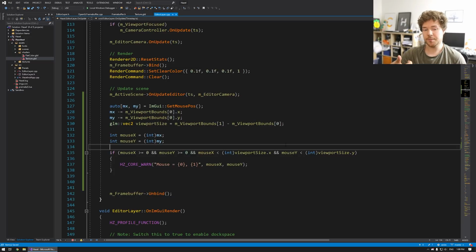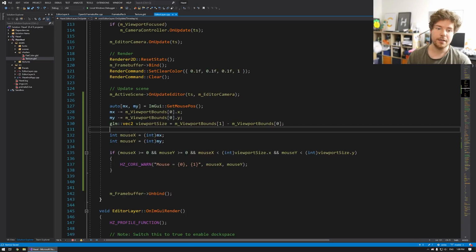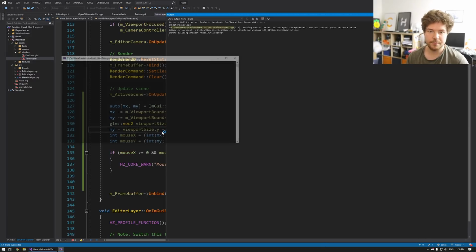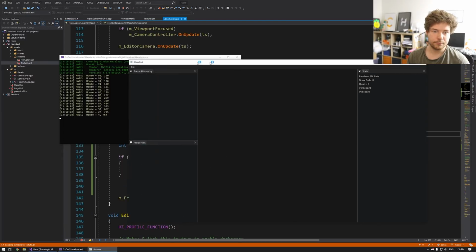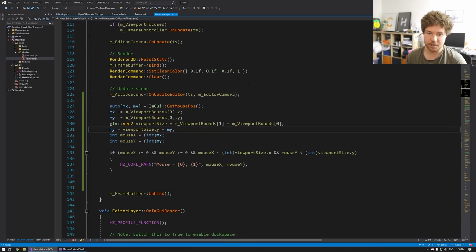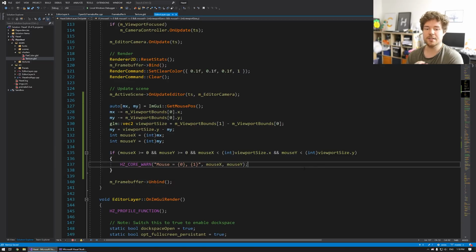Now, as I mentioned, we need to flip the mouse coordinate, otherwise it doesn't work. To do that, as I mentioned earlier, we grab the viewport size.y and subtract my from it. So we're just flipping it. Now you can see that all that's done is made the bottom left 0, 0, which is going to match our texture. So now finally, all we need to do is ask OpenGL to give us the pixels